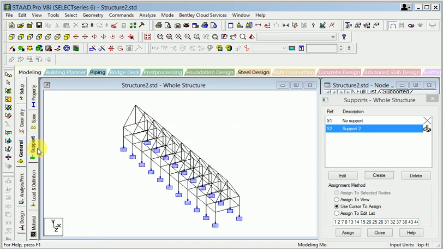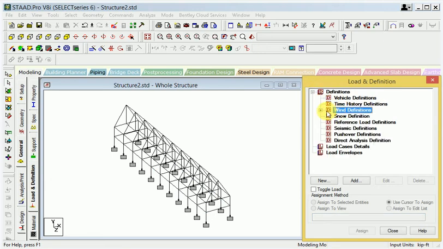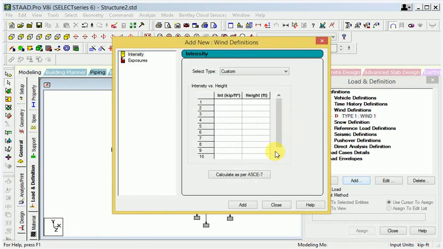Then after, I will use a different wind load analysis, so go to load, and this is the wind load. This is the first wind load, apply.